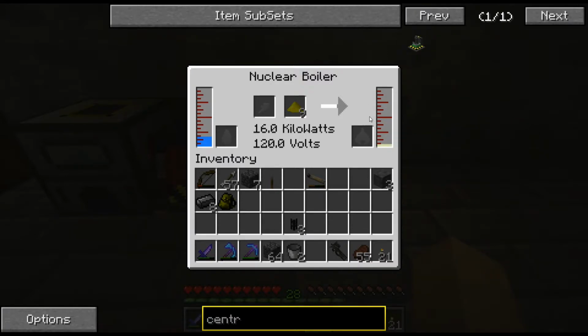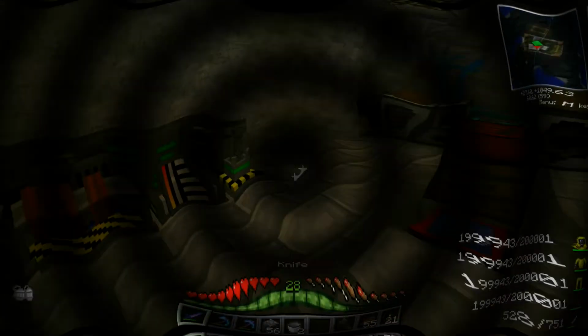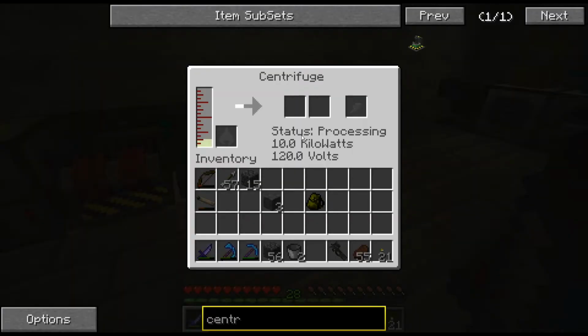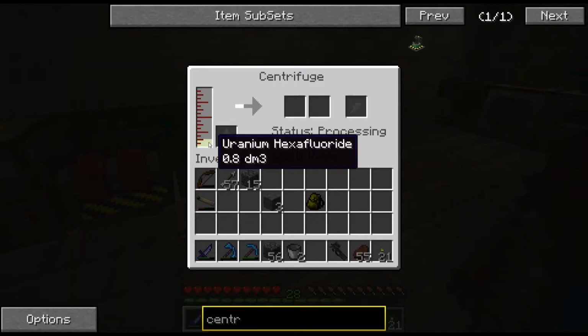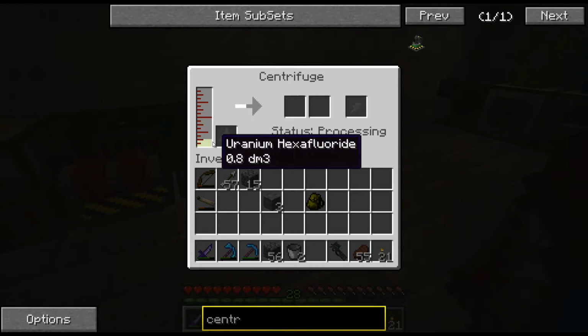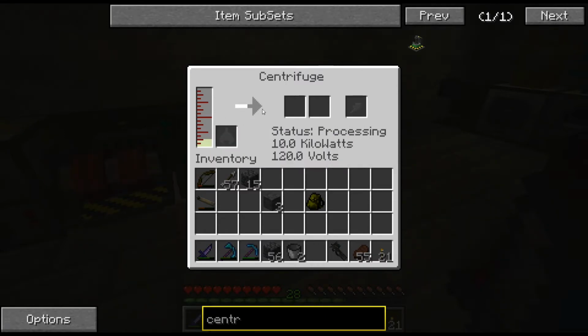So next thing is the centrifuge, and I'm going to get that going and built, and I'll be back once we've sorted that out. Okay, well, that was entertaining. This is now processing the 0.8 decamilliliter or DM3, whatever that is, of uranium hexafluoride, and so hopefully we should get something out here,